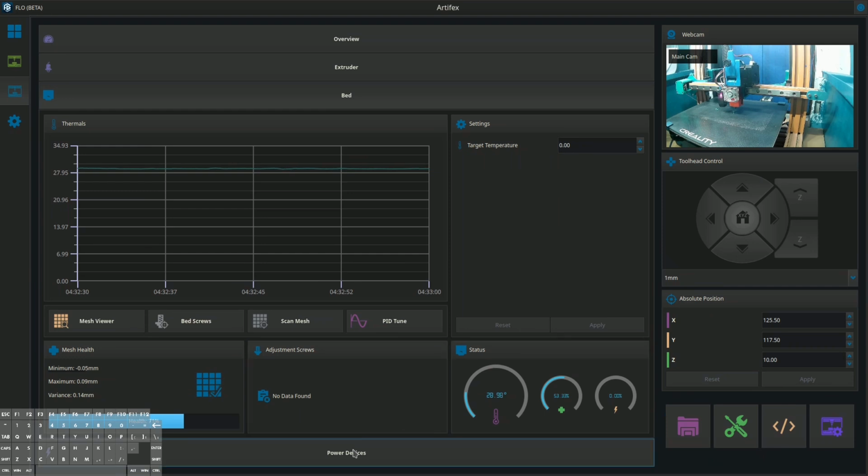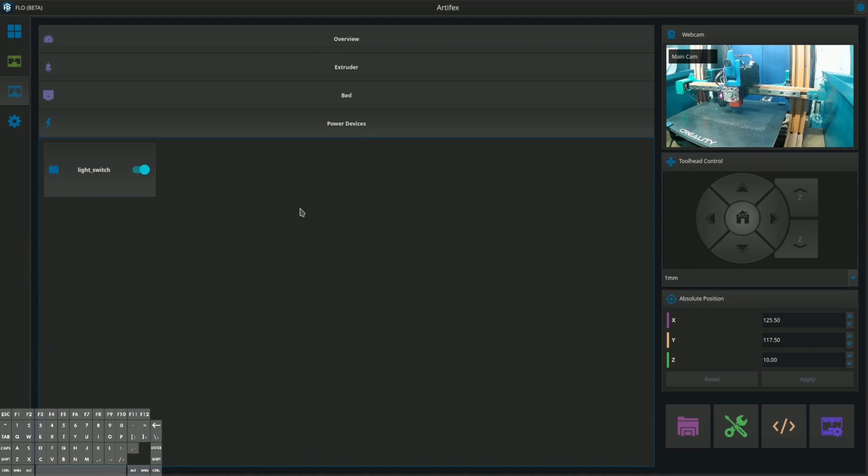Whenever Flow notices that you have any additional devices like LEDs or power devices that are registered with Klipper, it will put sections down here for the different types of devices, such as I have a power switch currently hooked up that controls my printer lights, and